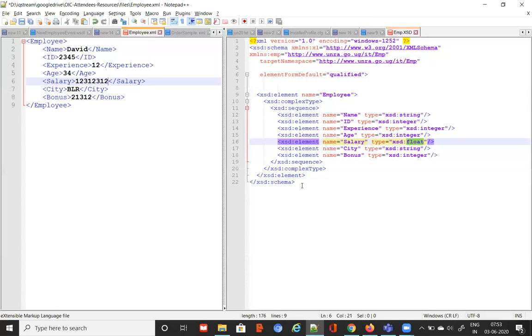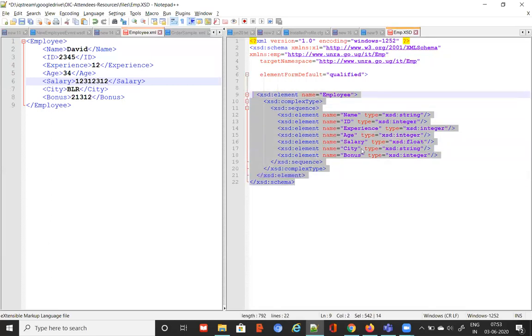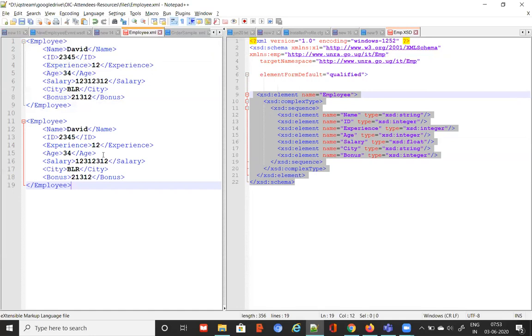Are you defining this XML, or is this XSD file defined automatically? No, this is an XSD which I am writing, which can represent any XML like this. Tomorrow it may have another XML like this. Experience has to be a number only. I cannot take a decimal point. Age has to be a number only. This may say 500.340. This could be John, right? Bonus is again integer only. Actually, this can be float also. If you're defining float, your XML will allow float.